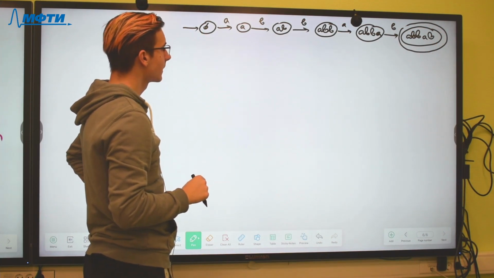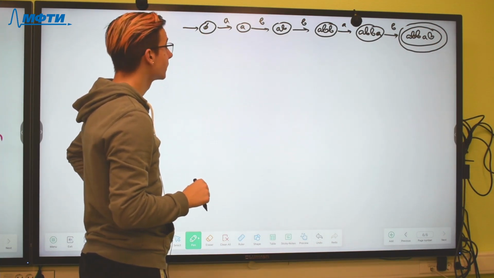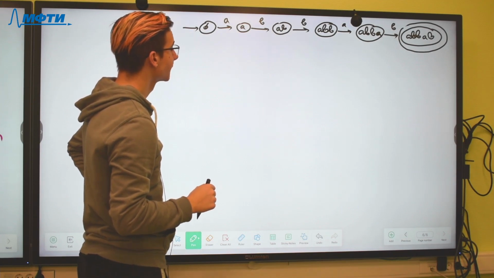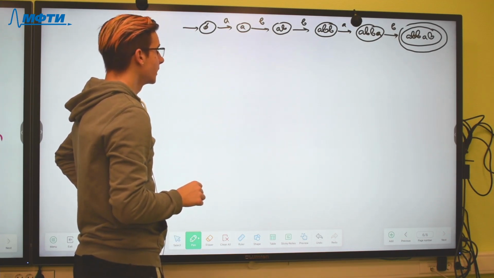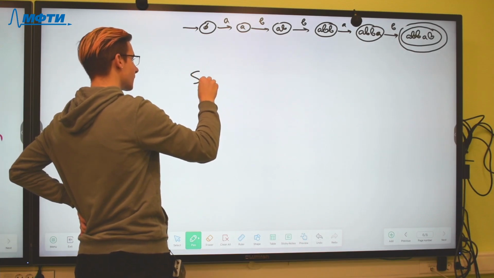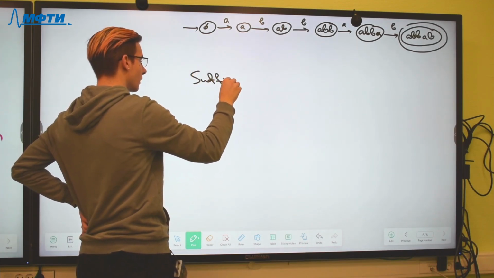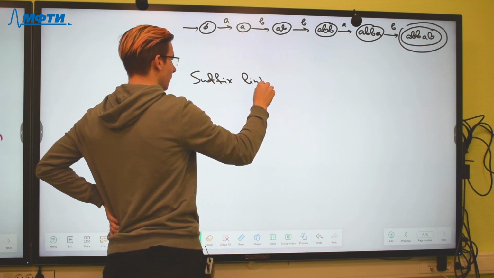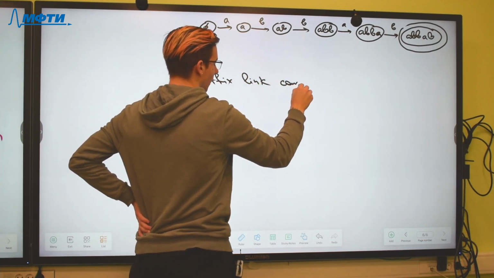And then you need to write here suffix links between these edges. And a suffix link connects